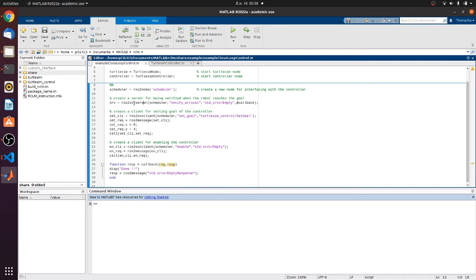In this example, you're going to have 1 server, which is the notify arrival server. When the robot reaches its desired position, it will notify this server, and this server basically is going to print out this statement here. And you're going to have 2 clients. The first client is the set goal client. It's going to set the goal position so that the coordinate is 8 in the X direction and 4 in the Y direction. The second client is going to be the enable client,